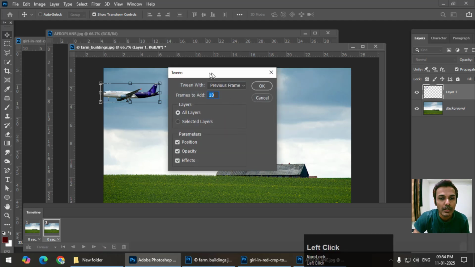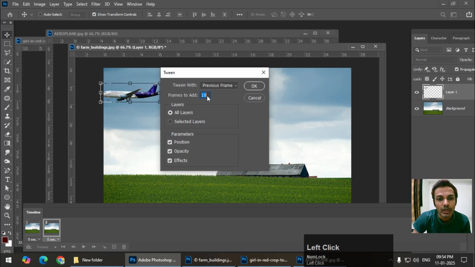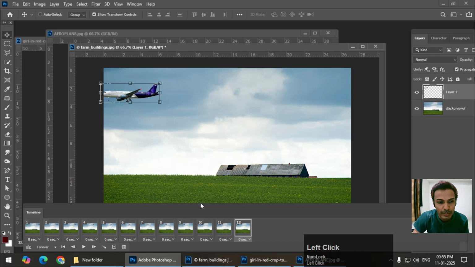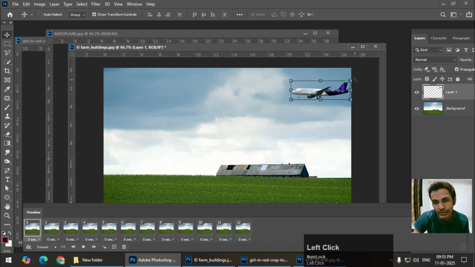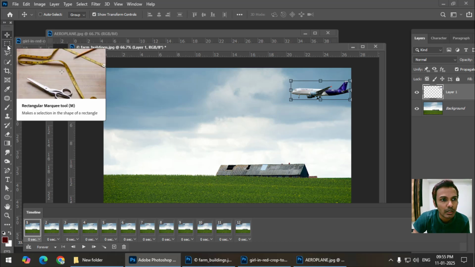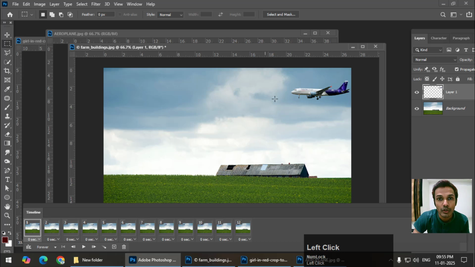So click on the Tween button and now insert the frames that you want. It is 10 right now, and you don't need to change anything else. So I will keep it at 10. Ten plus, we already have 2 frames, so it will be 12 frames. Now I'm going to click on the first frame, and I don't want this bounding box, so I will simply click on this selection tool so it won't be visible. Now just click on this play button,